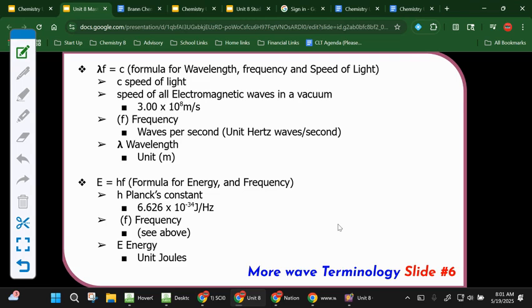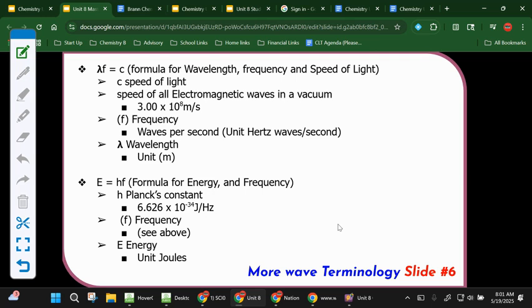I'm just showing it to you because it is the relationship between wavelength, frequency, and something called the speed of light. The wavelength times the frequency of any form of electromagnetic radiation equals a constant c. C is the speed of light. The speed of light is 300 million meters in 1 second. Again, not something I'm going to test you on, but something that you should hopefully be familiar with so that